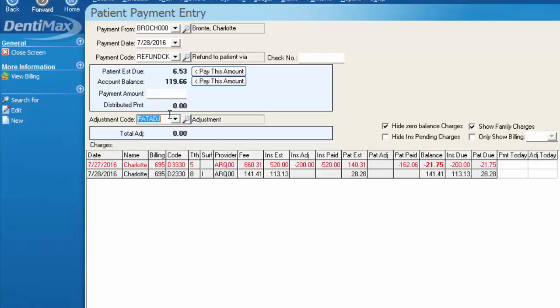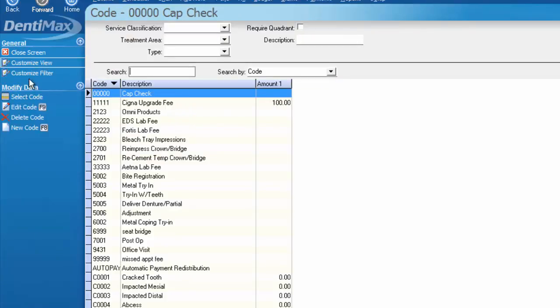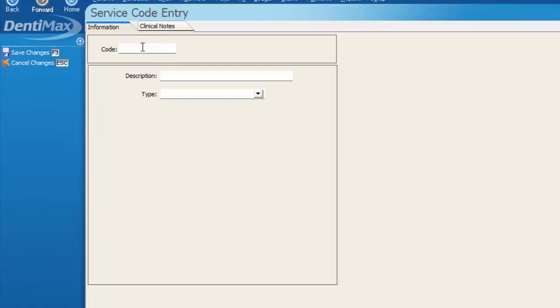transfer instead of adjustment. So to create a new adjustment code, all I have to do is click on the magnifying glass next to the adjustment codes. What that does anytime you see a magnifying glass is it takes you to the master list of that field, in this case, adjustment codes. So I just click that button. I'm going to go to my options menu and click new code. And at the top, I'm just going to label this credit